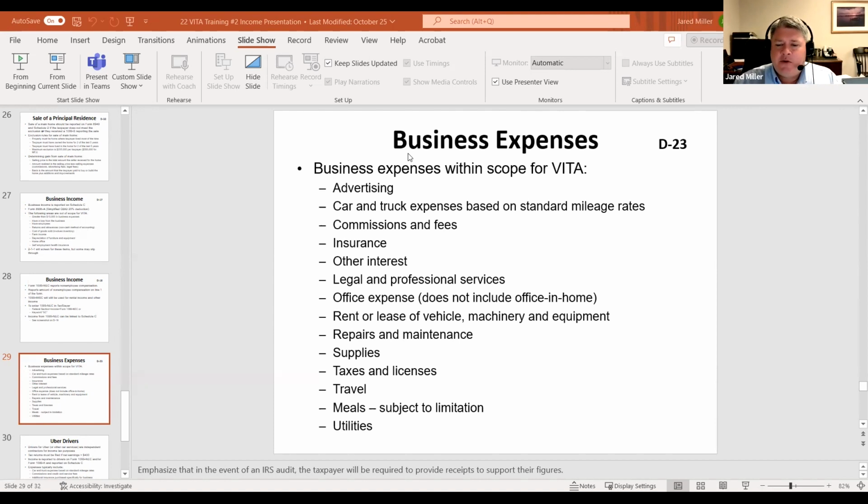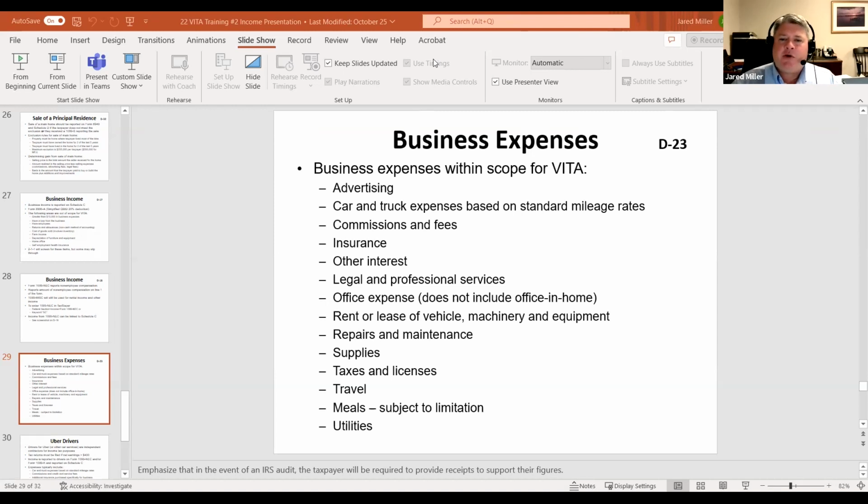Advertising does not include getting one of those little magnetic signs, putting it on the side of your car, and driving all over town and saying, every time I drive somewhere, I get an advertising expense. That does not work. We've seen these before. We've had people who have gotten emails from former commissioners of the IRS that say this is fine. Usually we don't want to take tax advice from the internet, from Reddit. That's probably not the best spot to do it. Probably not daytime talk shows either.